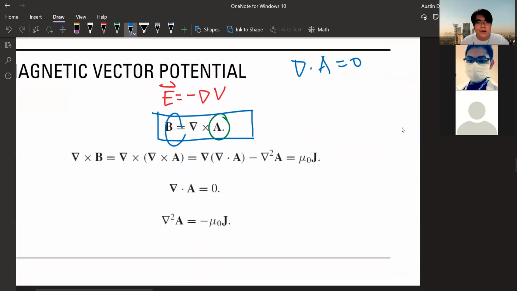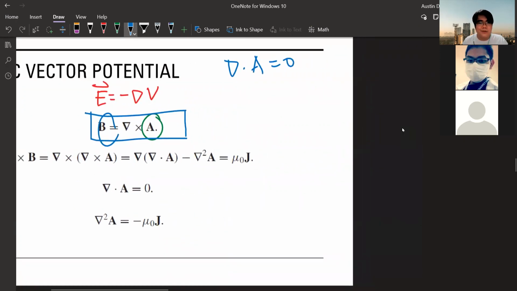So, kunwari, sige, sabihin natin yung, kumuha tayo ng some A0 na non-zero. Okay? Non-zero siya. Okay. And suppose dagdagan natin siya ng value. Let's take that to be